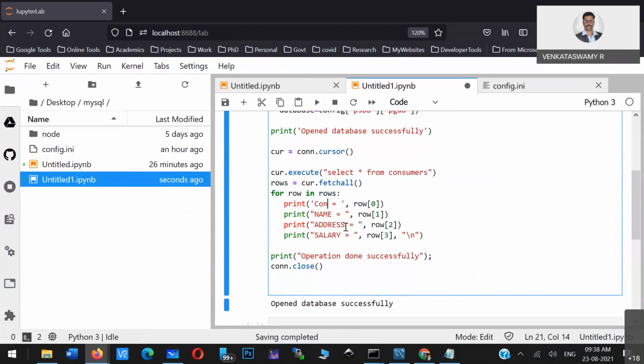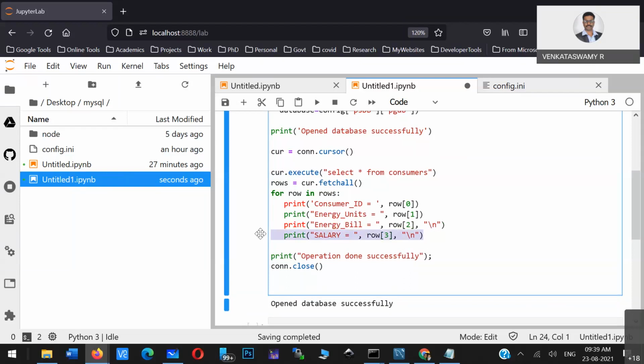The first column is consumer ID, the second is energy units, the number of units, and the third is energy bill. I don't have a fourth column. After that I required one return, so I'll just delete this much.